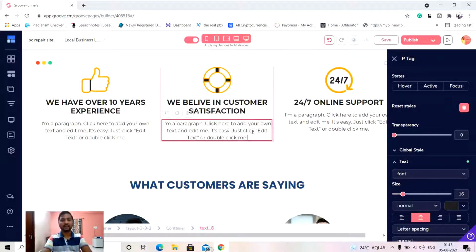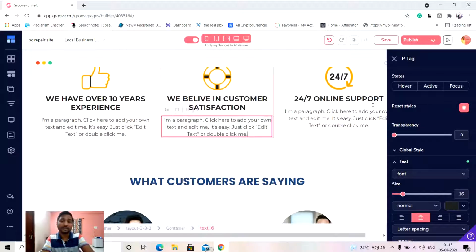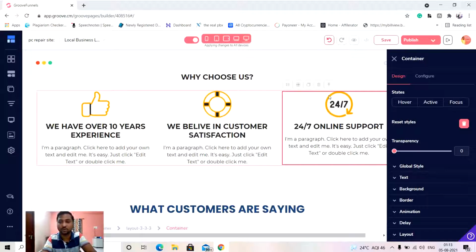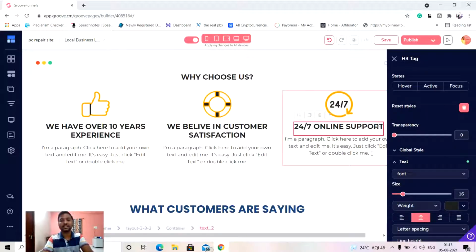Okay, and you can write some content on that, it should not be big, it should be a little bit. Like you can give one paragraph over there on how your customers are satisfied. Now, the most important thing, I don't think we need to change in the third one, 24/7, they have the good round circle over there. Okay, they have mentioned 24/7 and online support. All right, so you can change the content over there and mention that our support team is available 24/7.